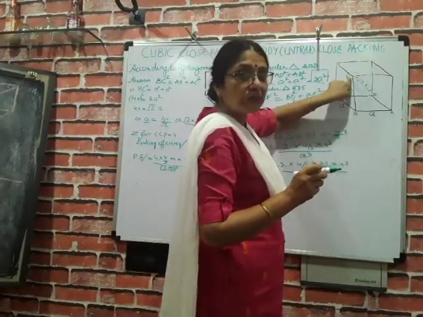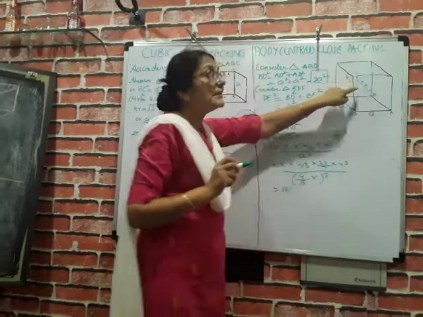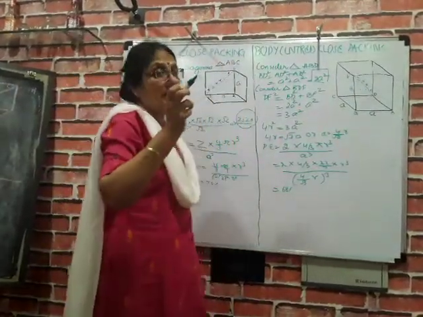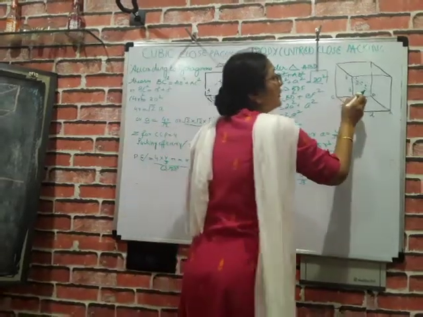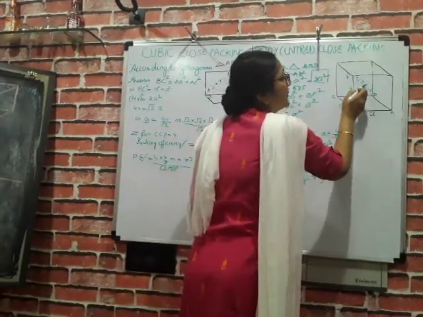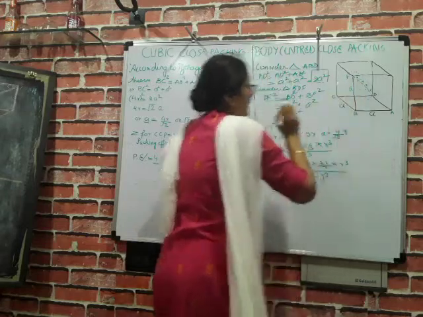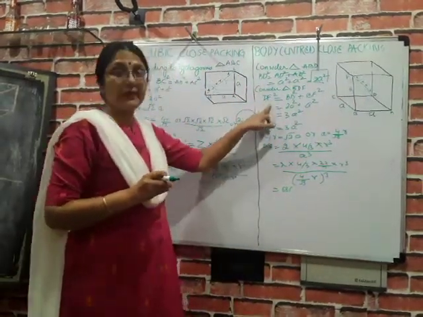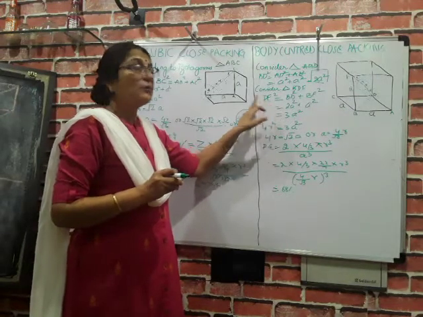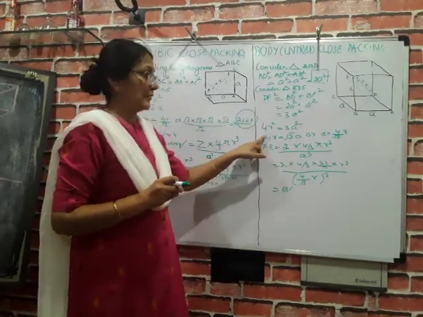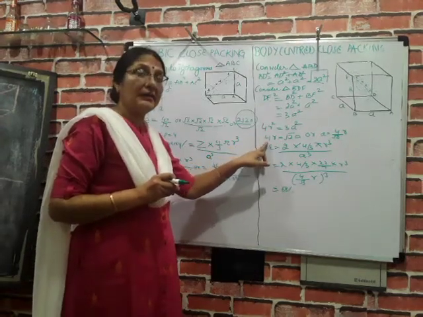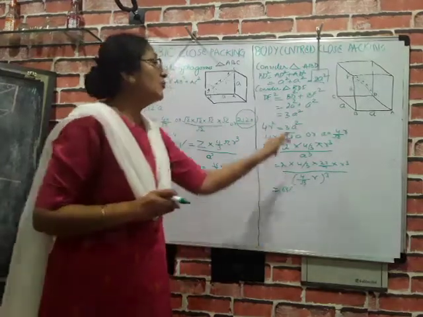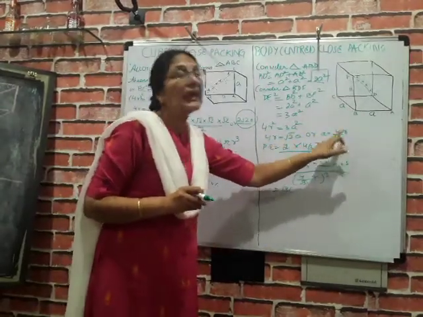Instead of DF, as this is the constituent particle at the corner, this is also the constituent particle at the corner, and this one is the center of the body, with radius R assumption. Again DF is R plus R plus R plus R, equal to 4R. So I could have written DF square equal to 16R square. Therefore, 4R equals root 3 A, or A equals 4 upon root 3 R.